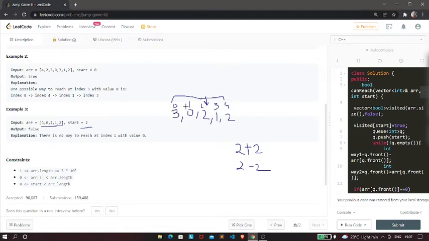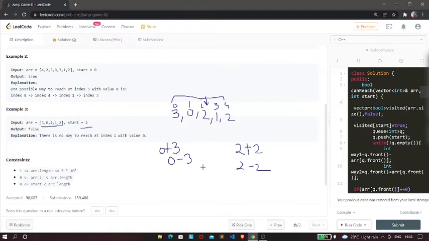Now if we move to index 0, you'll see the value of I is 0, right. So if you perform I plus 3, then we'll move to index 3, or we can move to I minus 3.